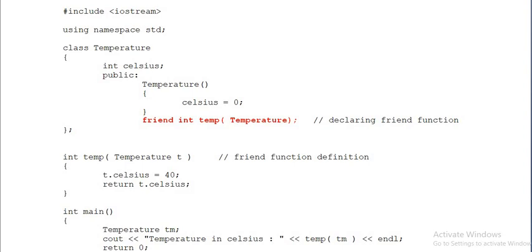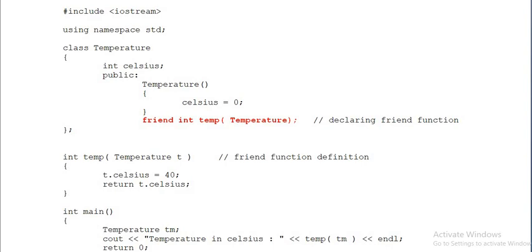Look at the definition. int temp within brackets Temperature T. T is an object here. The definition part is very important. The friend function is defined outside the class without using the scope resolution operator. And T dot Celsius is equal to 40.